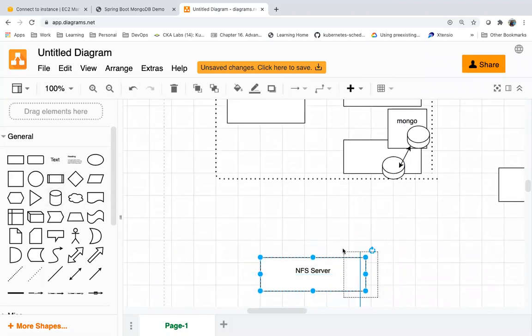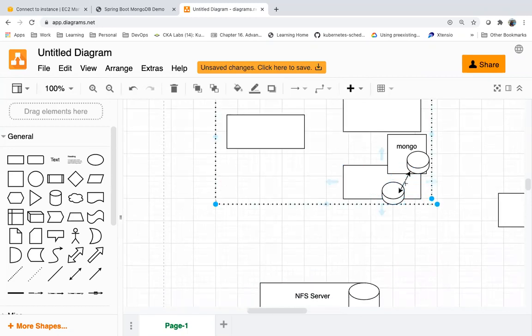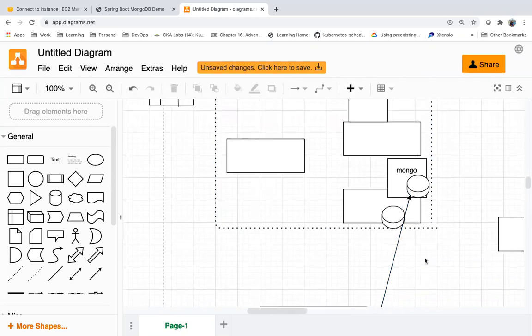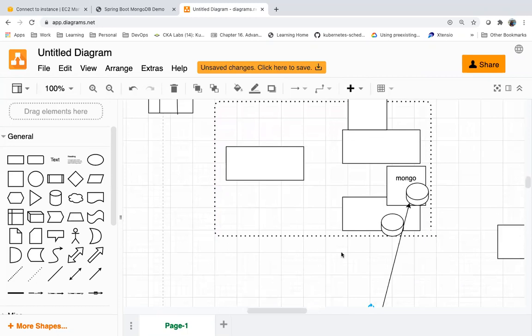So I can mount with this network file system storage instead of this, right? So I can maintain the data in the network file system.